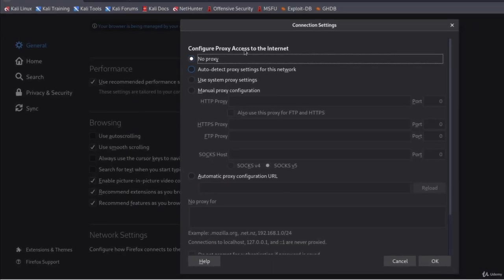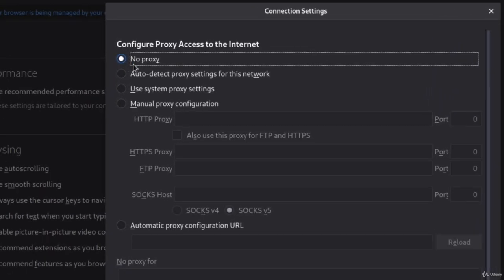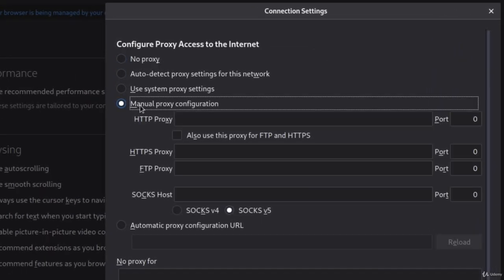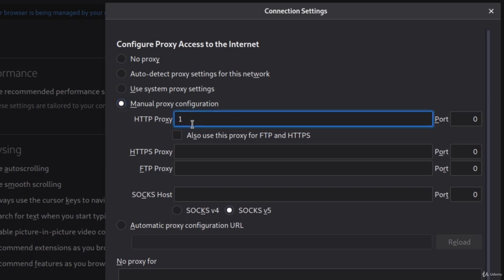and it will open the first setting, which is proxy configuration, which should by default be set to no proxy. We want to change it right now to manual proxy configuration, and in the manual proxy configuration under the HTTP proxy tab, we want to select